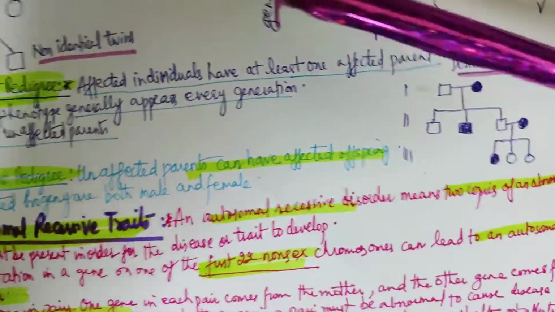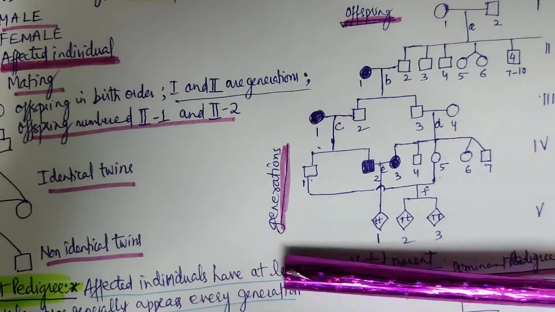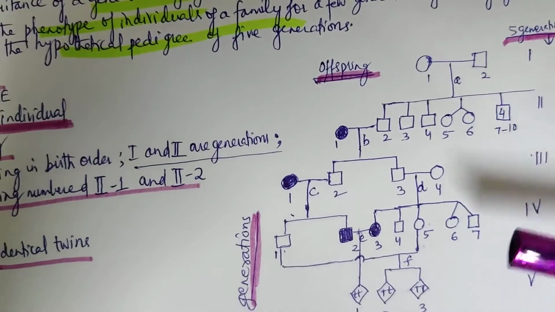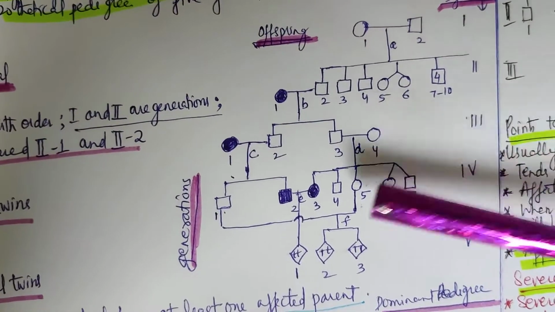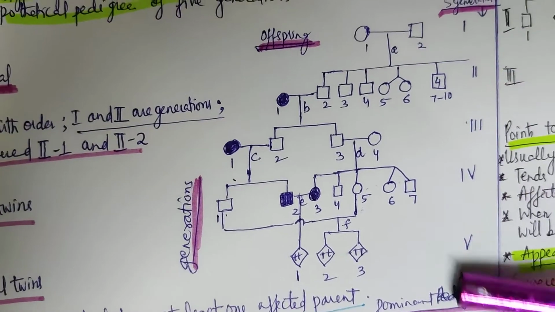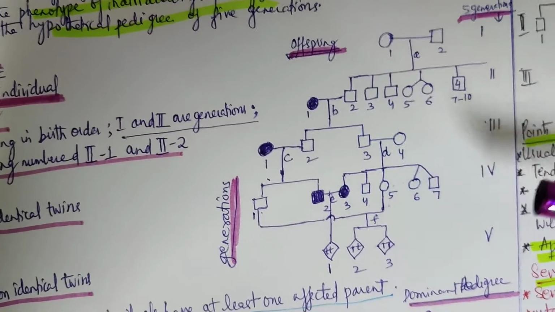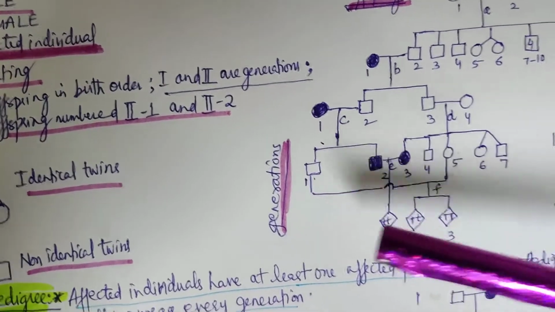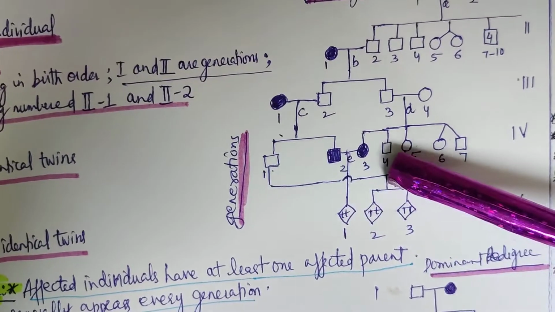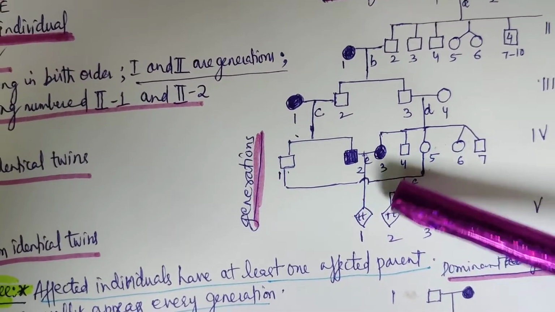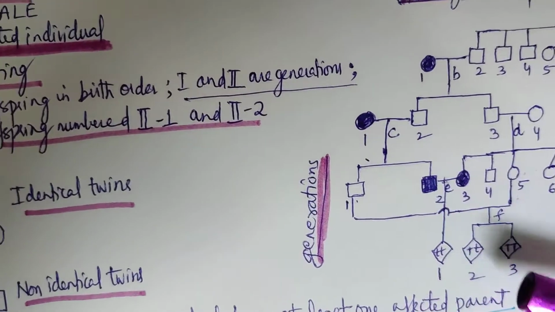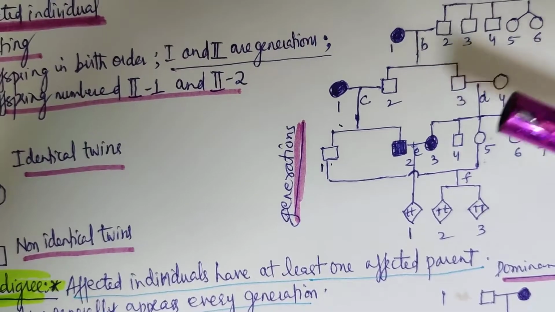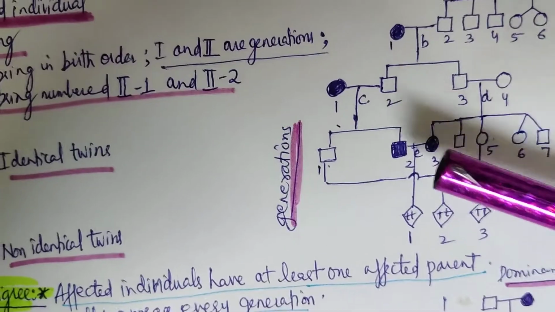This is the generation, and this is representing offspring individuals. Always when we say, or in the exam it comes as 4-3, it means fourth is the generation and they are talking about the third individual. Like in the fourth generation only, you have to see the third individual: 1, 2, 3. Always count from left to right to find the answers like this. And this third one, an offspring of the fourth generation, is affected, as it is showing the affected gene.